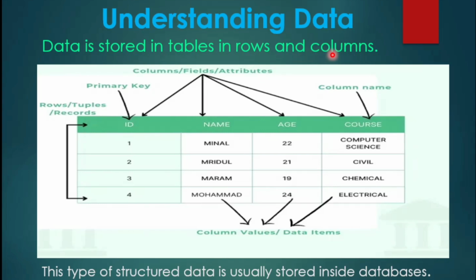How do the tables store the data? Tables use rows and columns to store the data. The first row is known as the header row. It stores the column names, fields, or attributes. And below are the rows that store the records, which are also called the rows or the tuples. The values that are stored in these rows are called the column values or the data items. This is like a spreadsheet that we use in Excel.